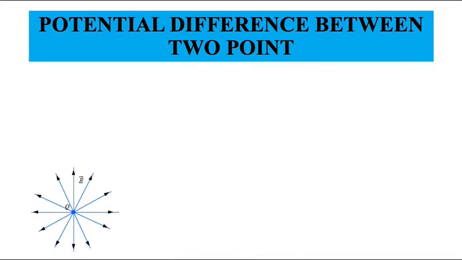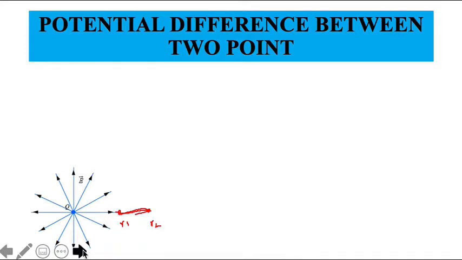2 points. Say this is my R1. Once again, over here I'm taking R1, and over here I'm taking R2. Okay, 2 points are there, and I want to find out what is the potential difference between the 2 points. So if I take a particular path, I'm choosing this path because it is easy for me. The electric fields are radially directed away, and the path is always in the radial direction.